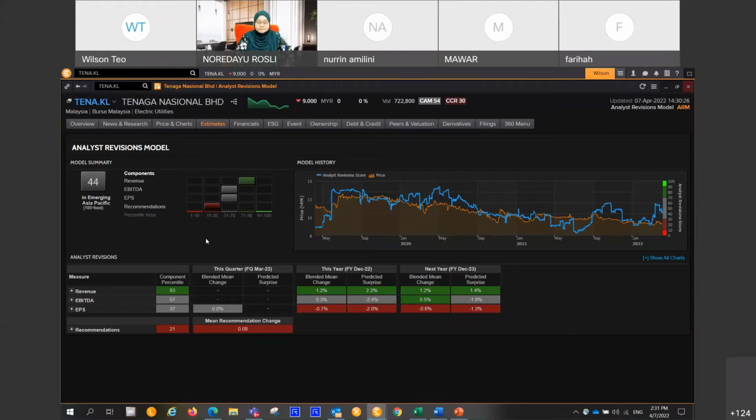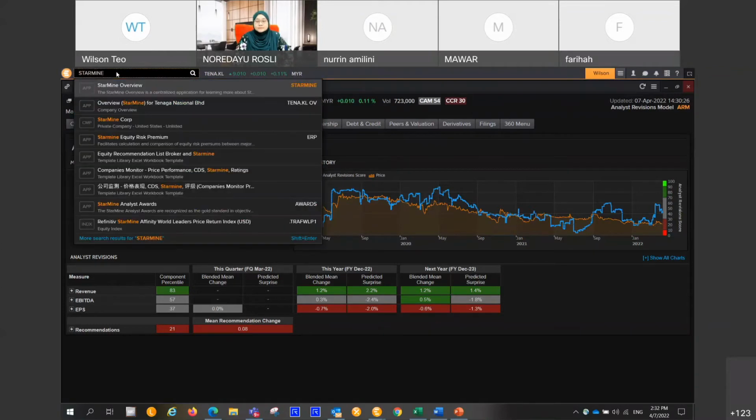So we give greater weightings to research reports that are fresher and greater weightings to analysts who are more accurate. We don't want to give equal weighting. Which is why the true Tanaga recommendation is a hold, not a buy. If any one of you here wants to know more about StarMind, you can always type in StarMind